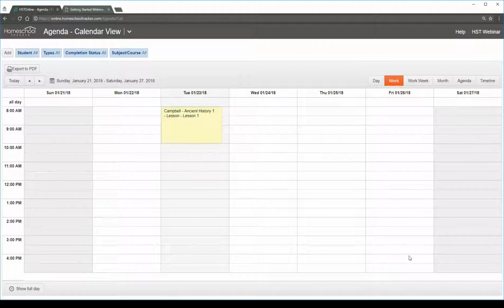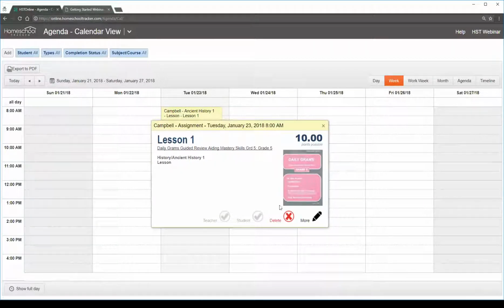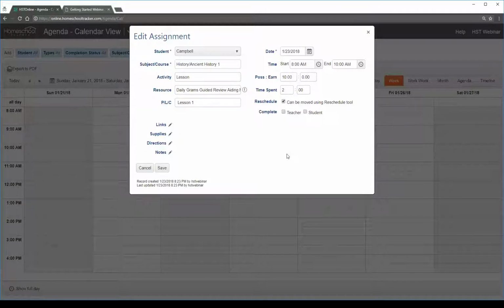So let's say today kind of came and went. She did that assignment, and now it's the end of the day, and I want to go ahead and add a grade to it, and I want to mark it complete. Well, if I double click on it, I get this little pop-up box here. If I click on More, I can get back to the editor. So let's say she got a 9 out of 10 on this. And then I'm going to go ahead and check the box for teacher complete. Now, when I check that box, you'll notice that this grade, 90%, was calculated. And now when I click on Save,